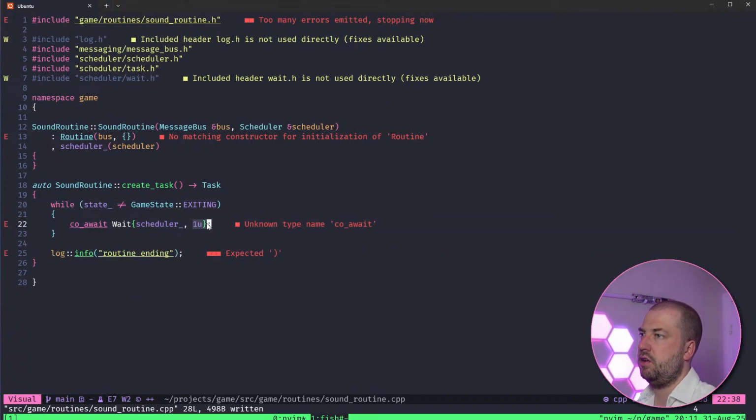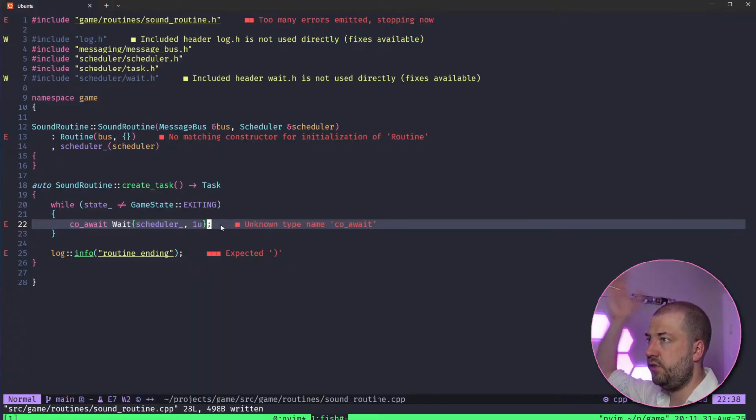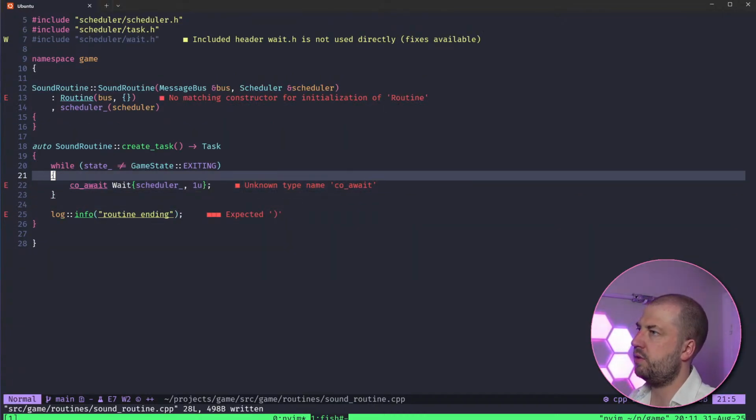So this means call me every frame. We could replace this with a Chrono time object, so we can say, hey, call us every 16 milliseconds. And we can also, although we don't really use it yet, say, call me when this other task is finished. So we can chain tasks together. So that's how that works. It's not a lot of code, actually. It's basically all coroutine boilerplate, which there is plenty.